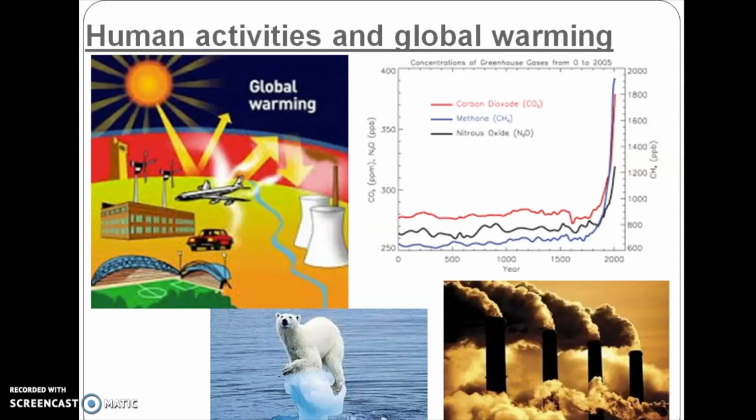So, in relation to the topic I was talking about previously, global warming, here we've got a section, human activities and global warming. In front of you, you've got a range of different visuals. Now, pictures can be really, really good to help with revision. Look at graphs, look at different pictures and videos. So, highly recommend videos. There's loads on YouTube on different areas, and visually you get an understanding of the science